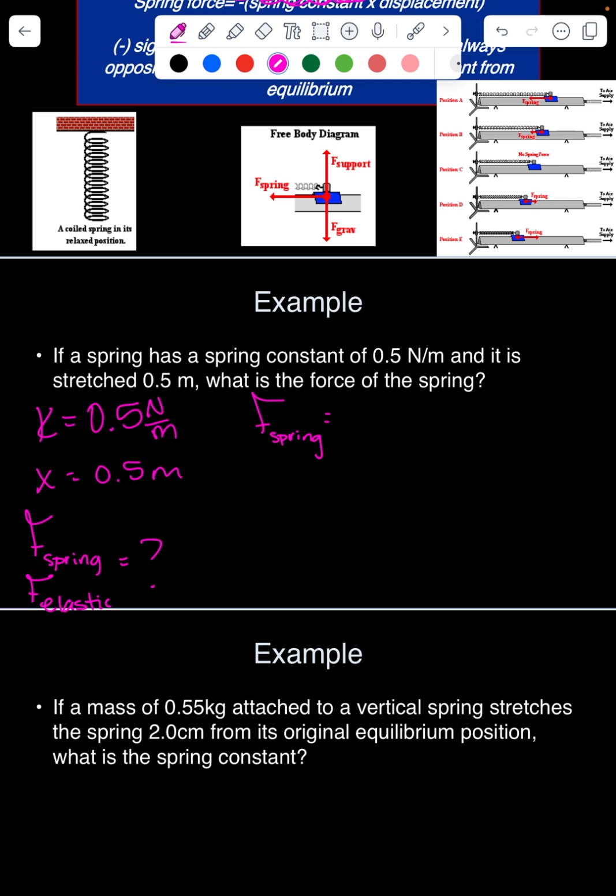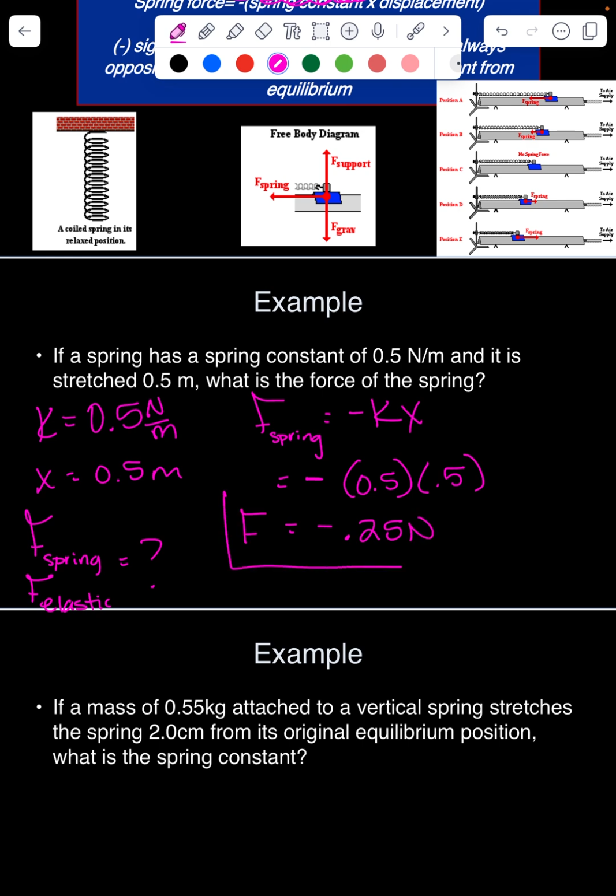We know that the spring force is equal to negative kx. So again, that negative is there because that force is always opposing the direction of the motion. So we have that negative times 0.5 times our distance that it was stretched, which was 0.5 meters. So 0.5 times 0.5 is 0.25. So our spring force is